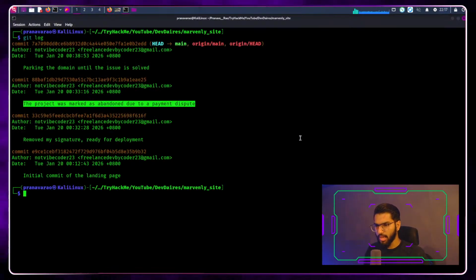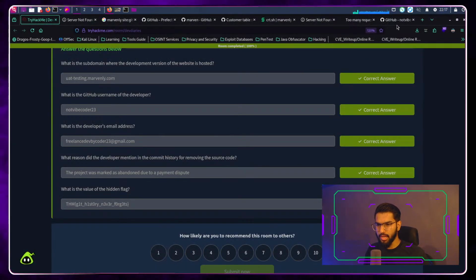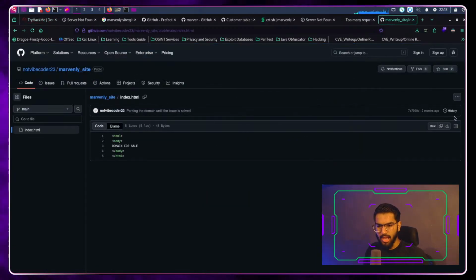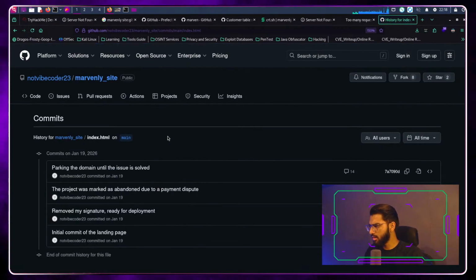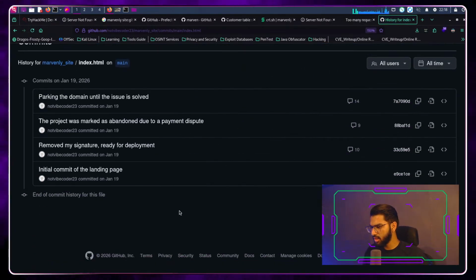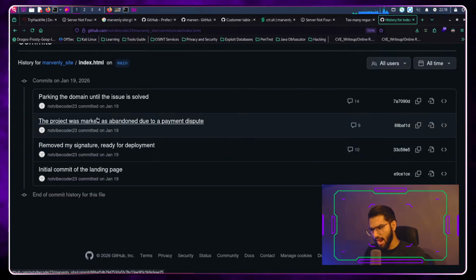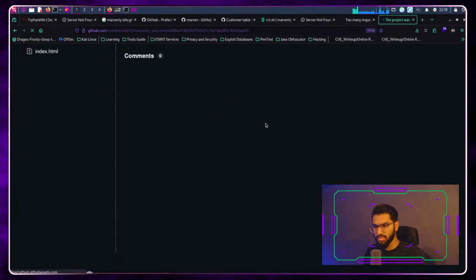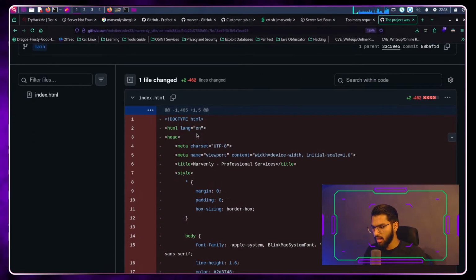Now that can also be viewed in a better way by coming here to index.html, and under the history here, let me just zoom in. Under the history there, we can see all the commits that were done, and coming here, we can see exactly what the changes were.